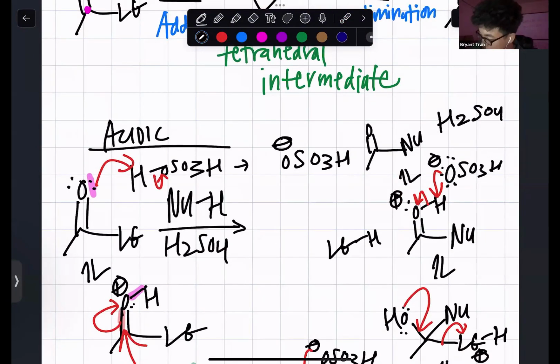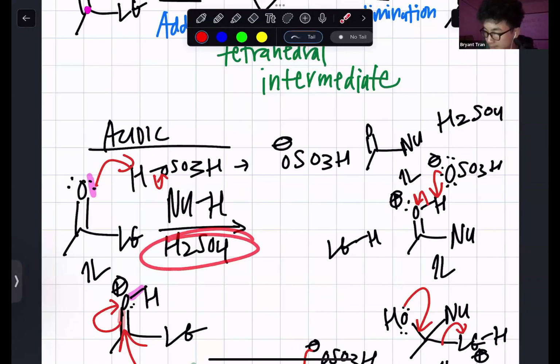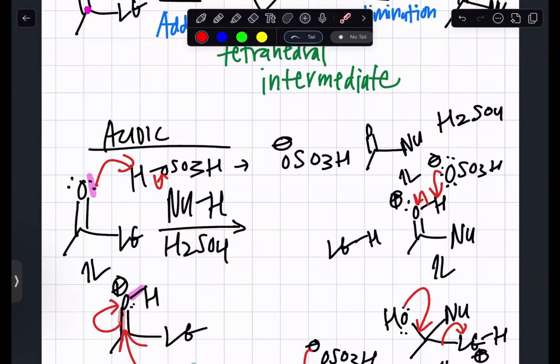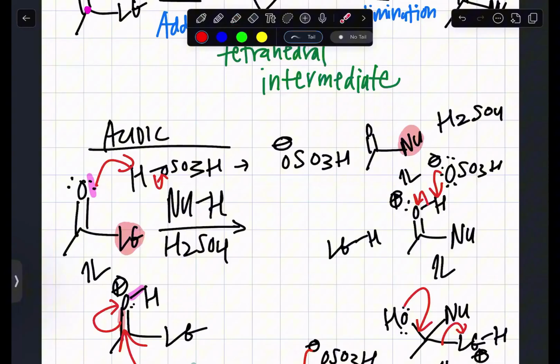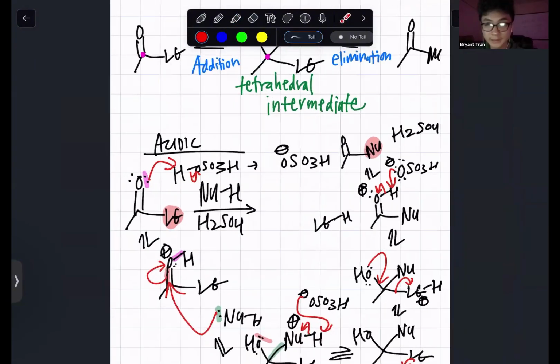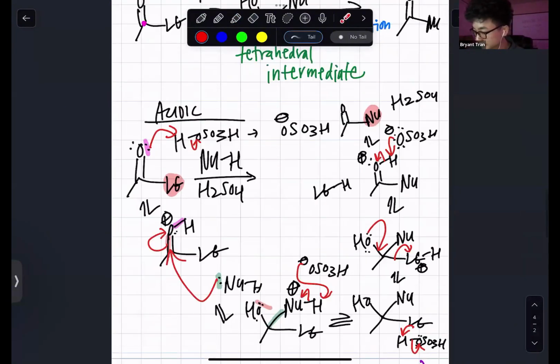Yes, and that's why we call this an acid catalyst, because it gets reformed in the mechanism. Right? It gets used up multiple times, right? The biggest thing here is that we saw that we substituted this Lg leaving group with this Nu nucleophile right there, right? Okay, that's acidic conditions, which is longer than basic conditions. Now